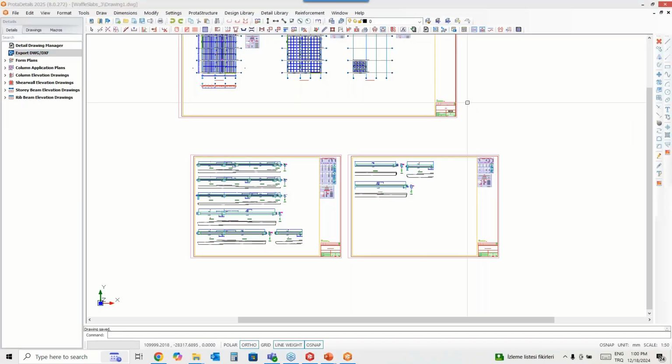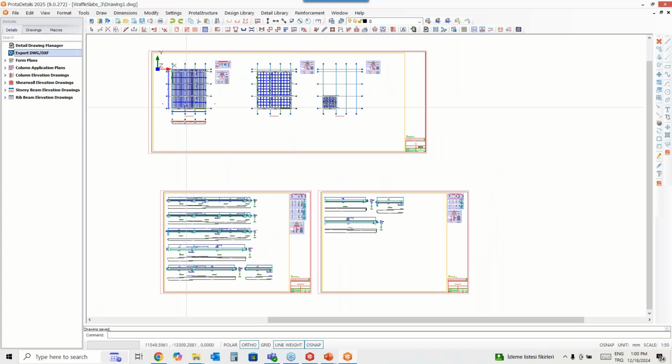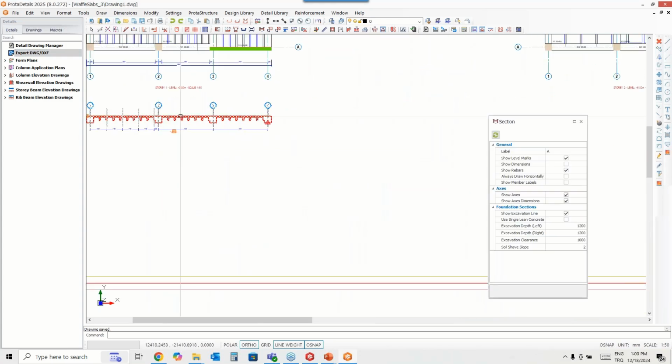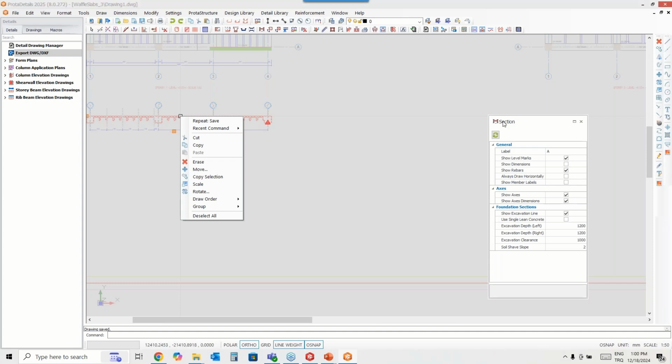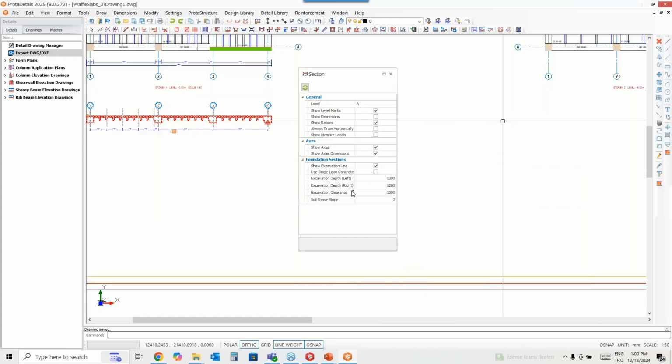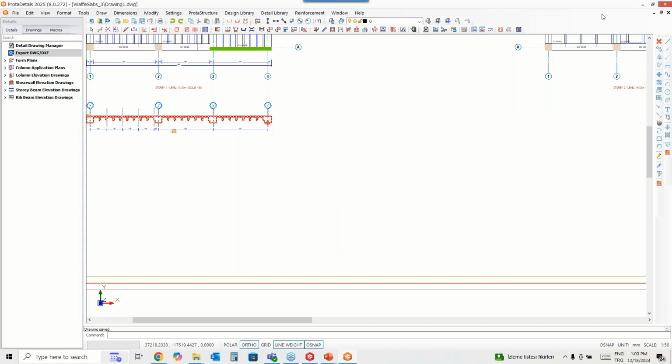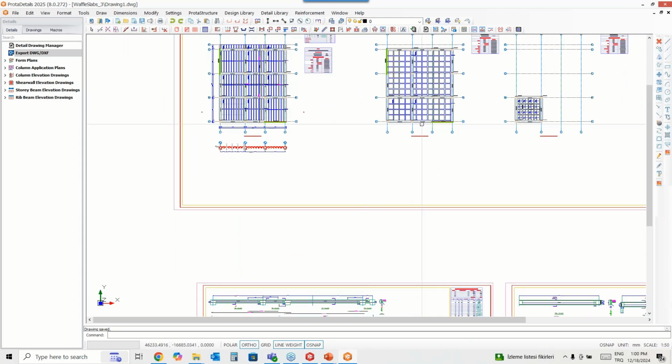For standard slabs, we are able to provide this, but for ribbed slabs, unfortunately, it's not able to provide these details, but we are working on it.